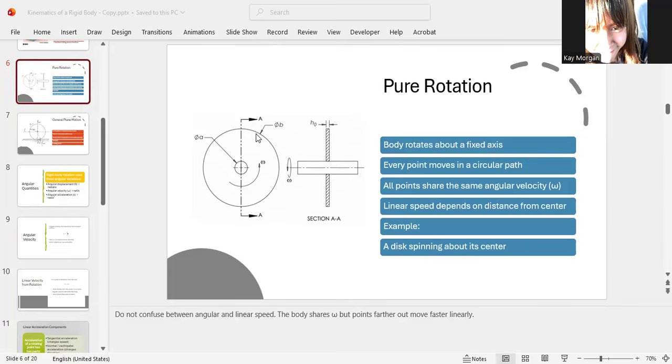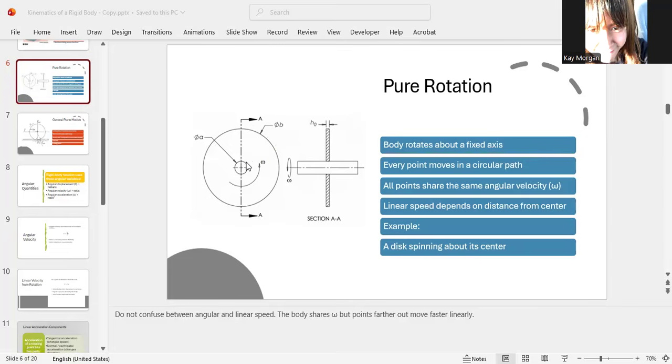And of course, we draw the straight line like a tangential line like that. If you straighten this thing out, it's going to be like a little tangent attached to the circumference. So faster in a straight line sense, the point's closer to the center. So the object shares again the same angular motion, but the linear speed is going to depend on how far away that point is from the axis of rotation.